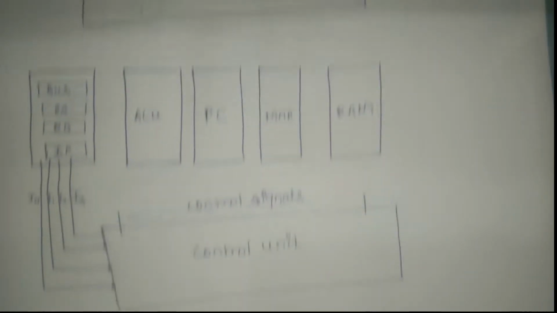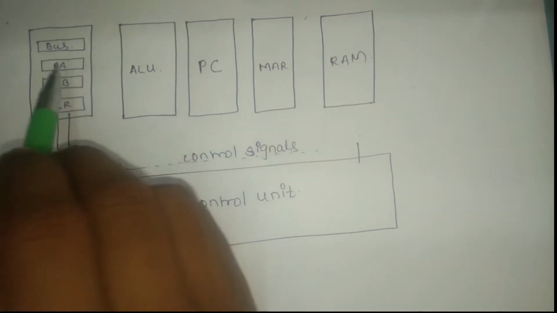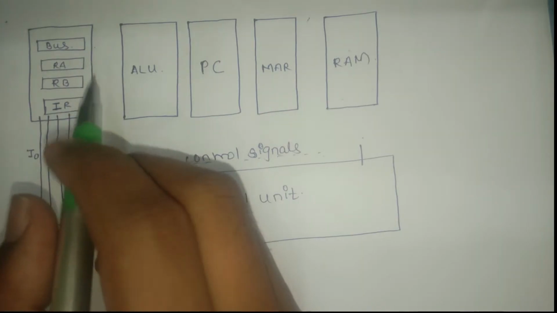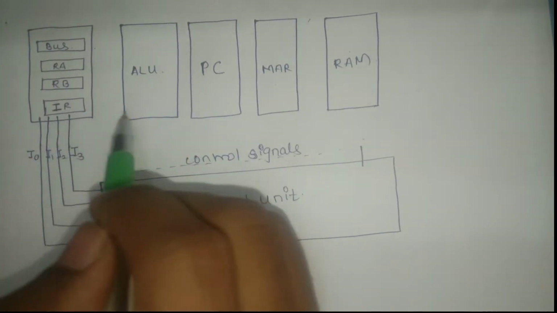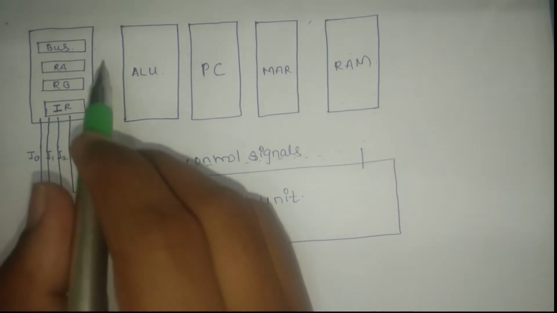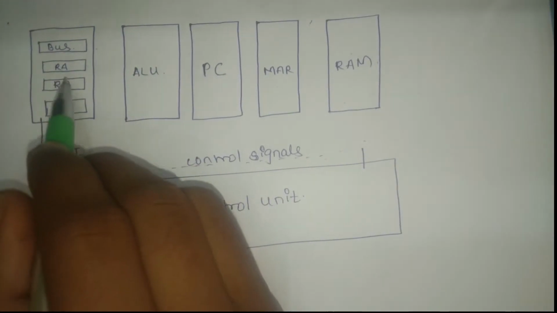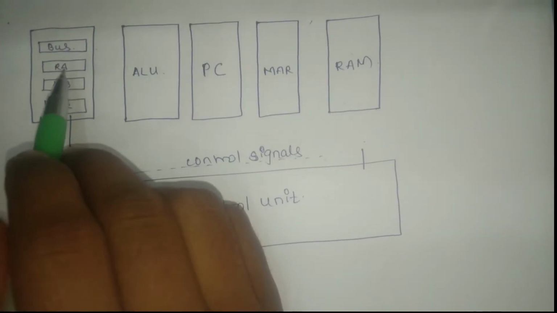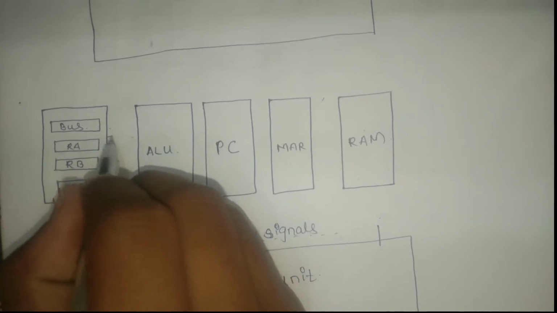Now let's connect these components with each other. As I told you in the previous video, if you have not seen my previous video, I'll be giving a link in the description. Watch it, and then you can understand each and everything which I am explaining here. Basically, I have told that I will be connecting register A and register B outputs directly to the ALU. I will also be connecting their output to the bus. So here's how we are going to connect.